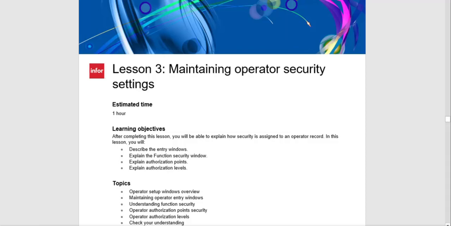In lesson number 2, we gave you an overview of the operator's records. Now we'll go into further detail and discuss the security settings on the operator's records. After completing this lesson, you will be able to explain how security is assigned to an operator. In this lesson, you will describe the entry windows, explain the function security window, explain authorization points, and also authorization